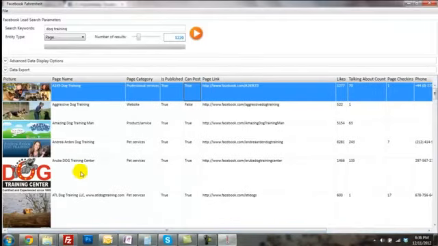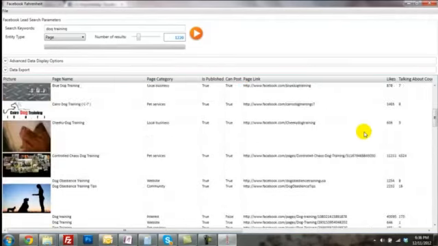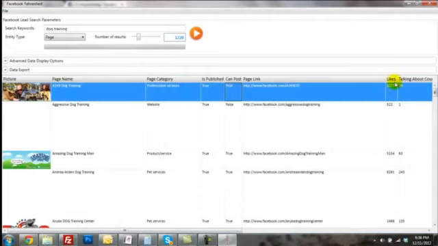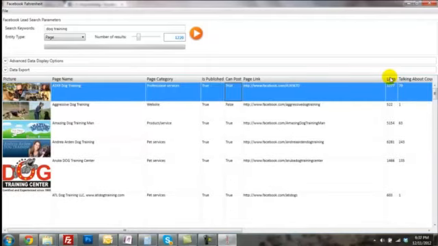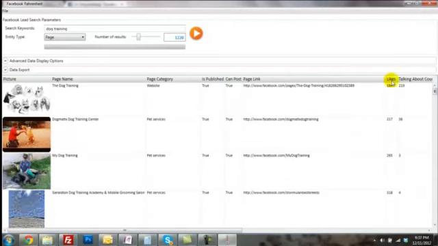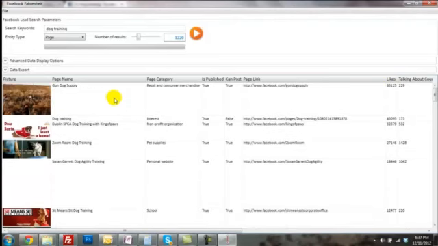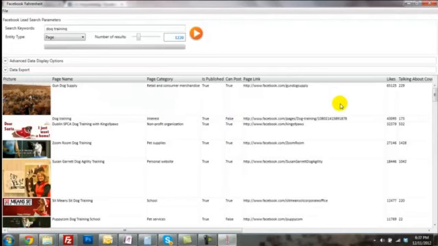Now, one of the cool things is if I'm looking for the top dog training pages, even still with this, I'm going to be searching through a lot of pages. So what we've done is we made it sortable. So I can click likes and sort it. This will be lowest to highest, but I want to find highest to lowest. So now right away, I've found some of the top Facebook pages in the dog training niche,